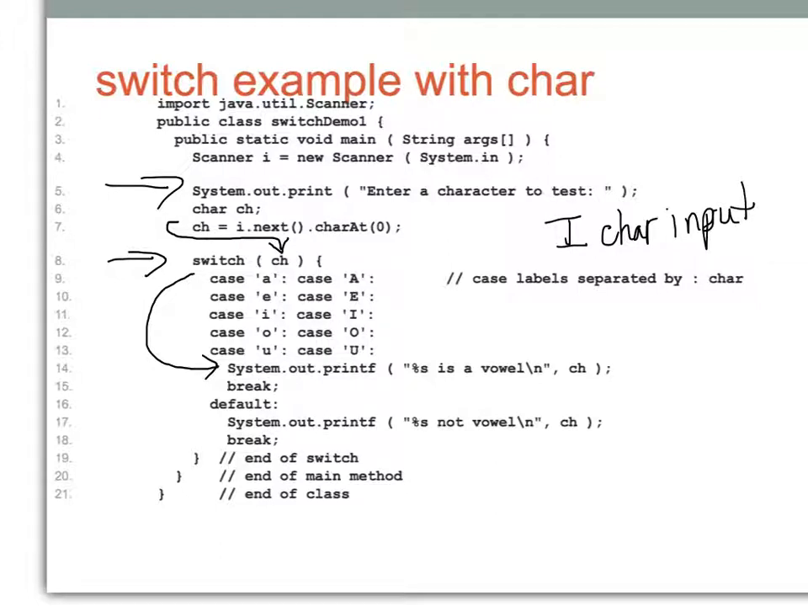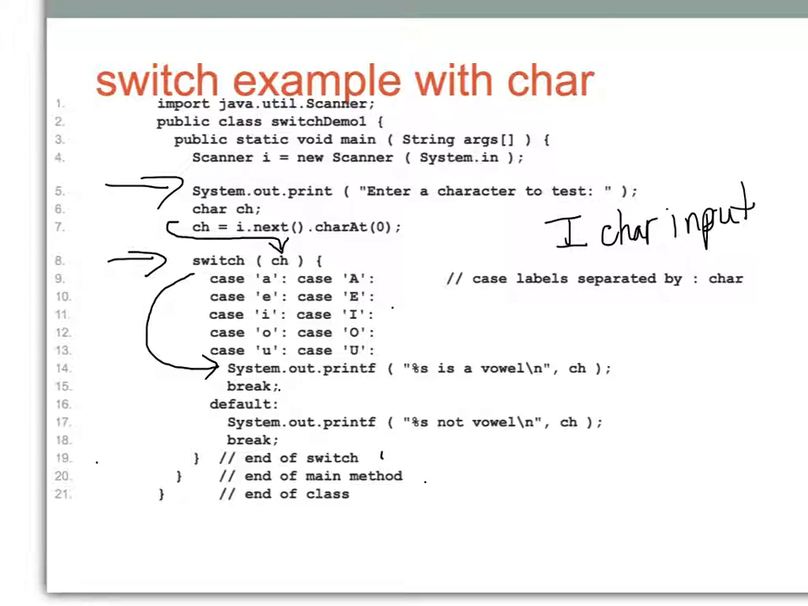Okay, so if we put in a capital I into this program, it does not meet the first case. It does not meet the E cases, but it does meet the I case. So in that case, it's going to come down here and print out capital I is a vowel. And then break, which means that it would exit out of the switch statement. It would end the switch statement, so it would come down to line 19 and then end the main method